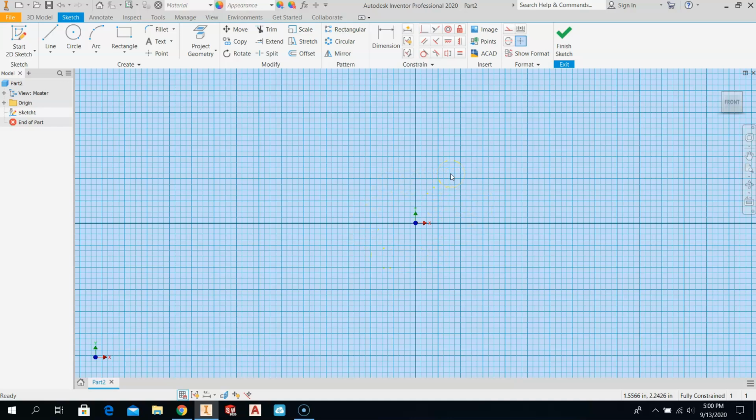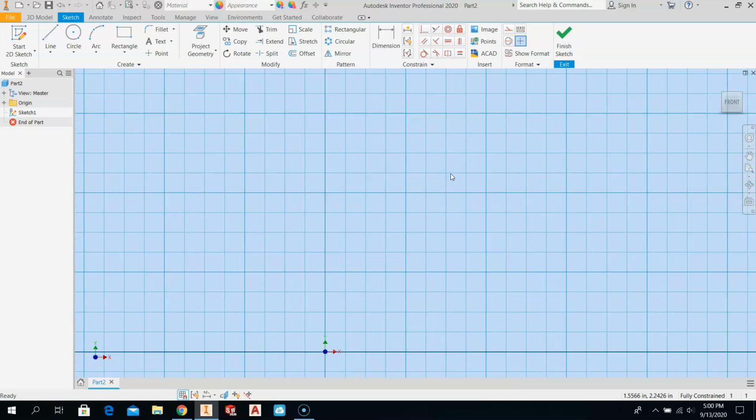So remember the red roller ball? If I roll it back towards me, it's going to zoom in. So 1, 2, 3, 4 quarter inches. Big lines are 1 inch. So if I were to draw a rectangle,